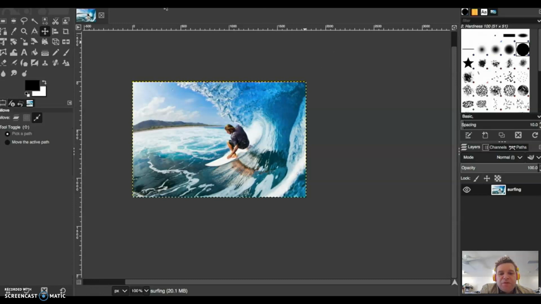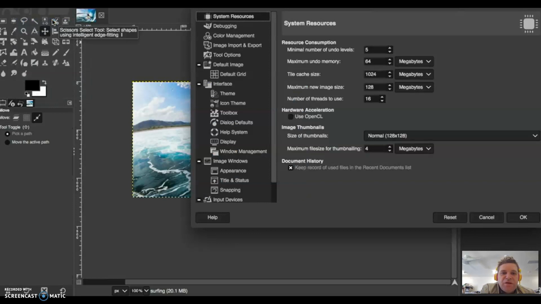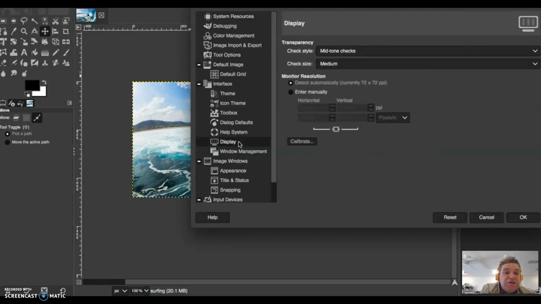But if you want to have a look at the preferences, go to Edit menu and choose Preferences. And what we can do here is we can have a look at Interface and Display. We want to auto detect our monitor. So if it's detecting automatically, that's fine. If it's not working nicely, you may have to enter it manually or even run a calibration. There are some